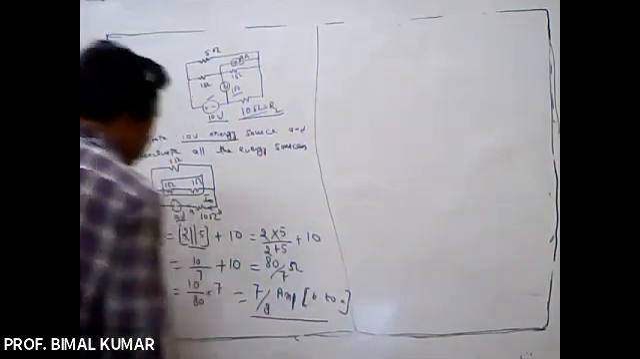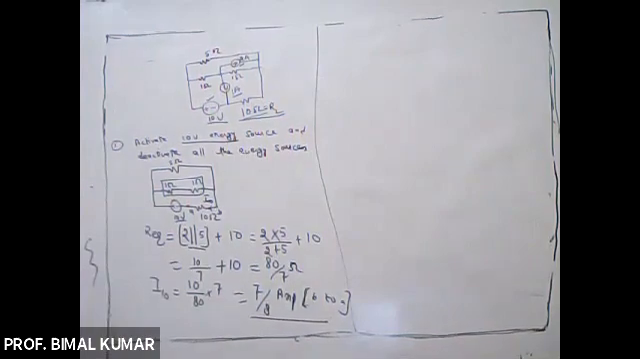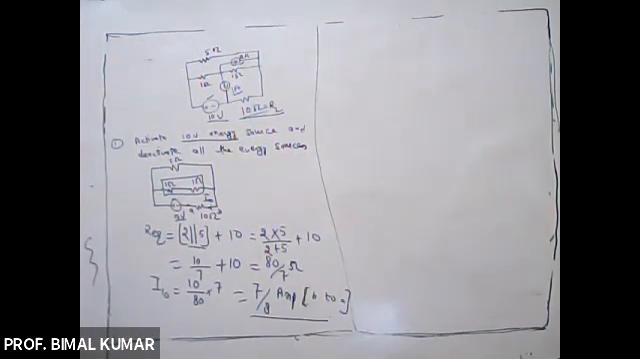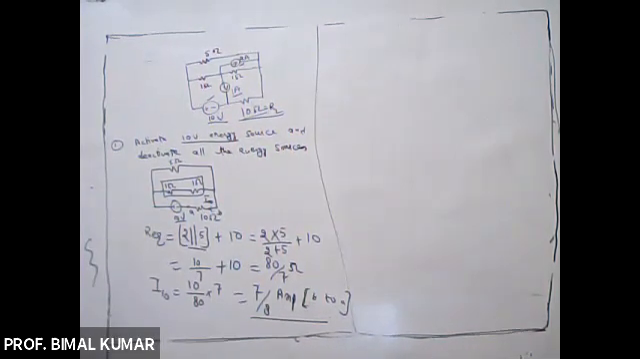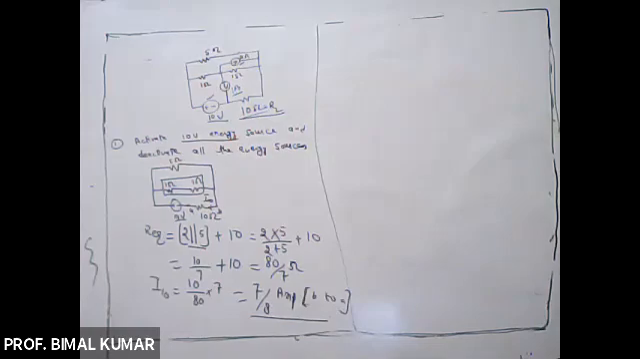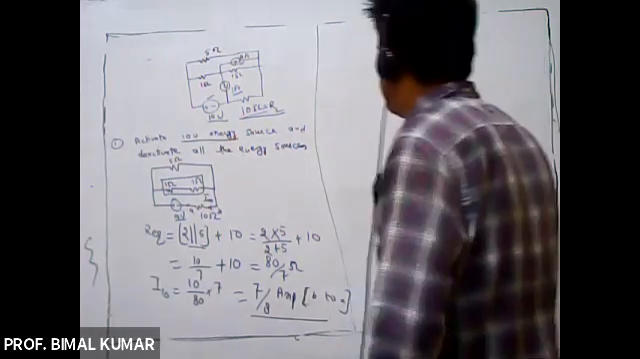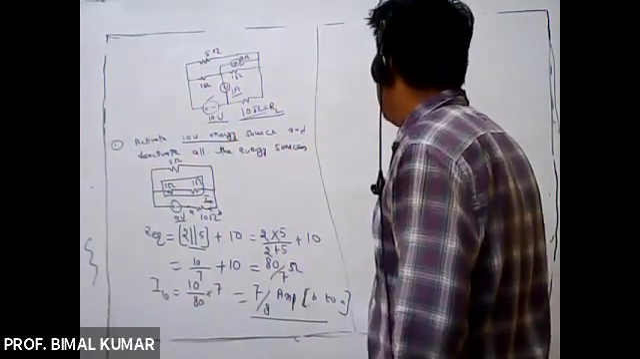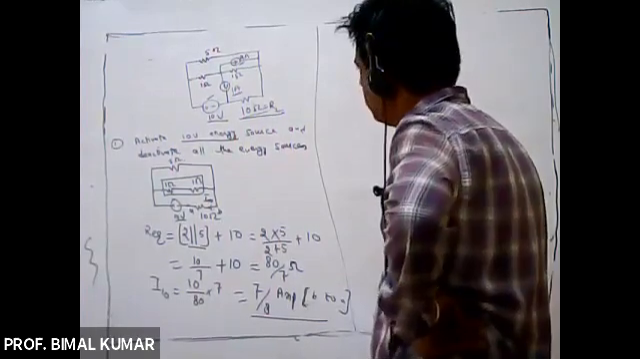So this is your first part. Current due to the 10 volt voltage source is 7 by 8 ampere. Now in the second case,